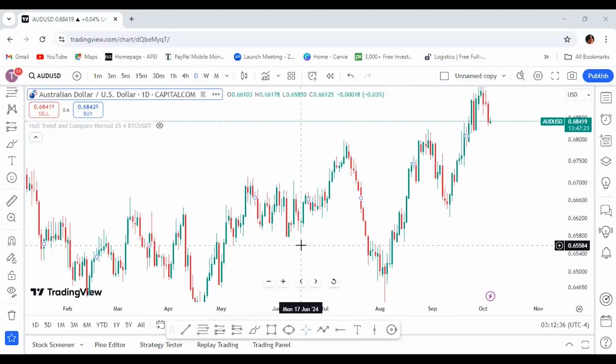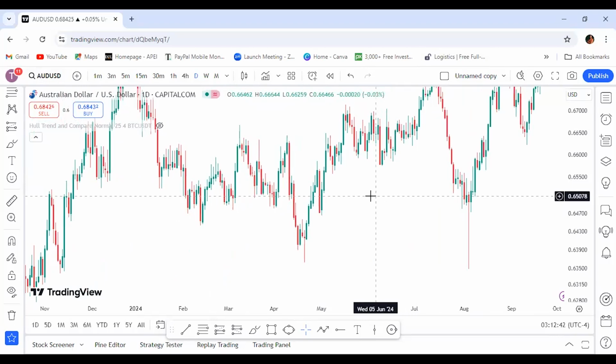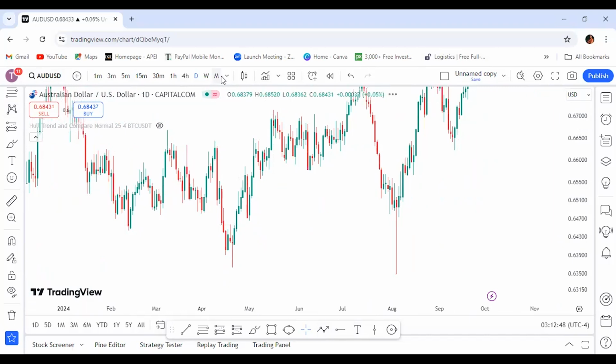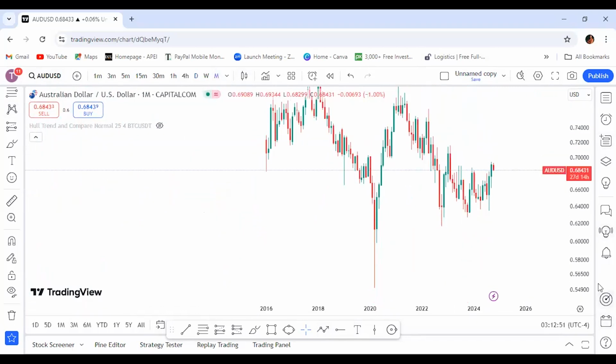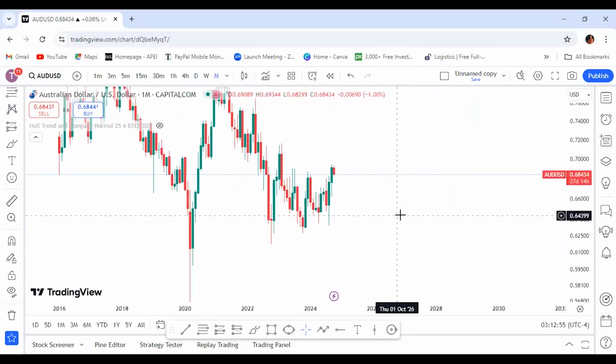So this is an AUD USD chart. I want us to look at this AUD USD chart. As you can see here, this is the daily time frame. So let's even begin from the monthly time frame, right? When you're looking at it from the monthly time frame, from where the price is, here you can see